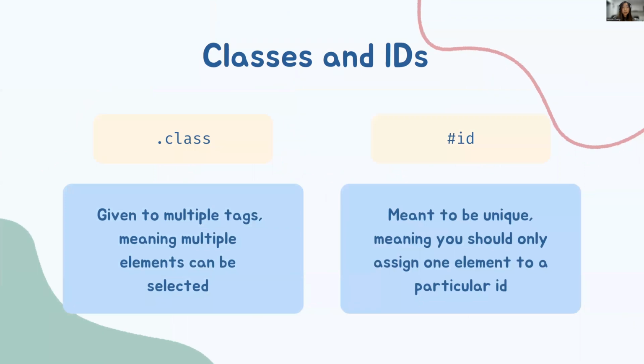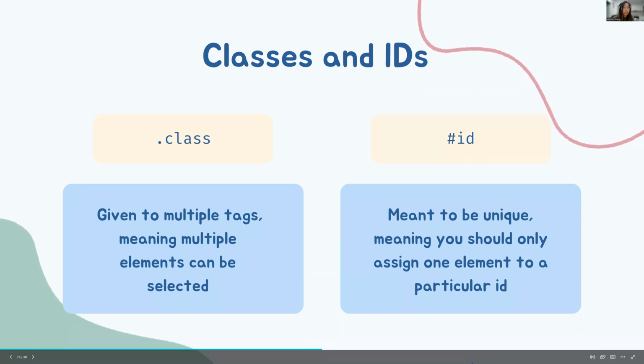And let's talk a bit more about the idea of selectors, and classes we saw were one of them. It gives multiple parts of the HTML the same style. But an ID is a little bit different. It's also a selector, but it's meant to be a unique one. So you should only give the ID to one element on the HTML. So if I show you,